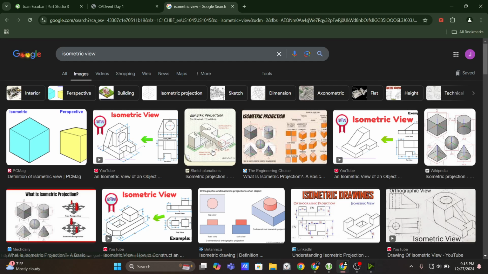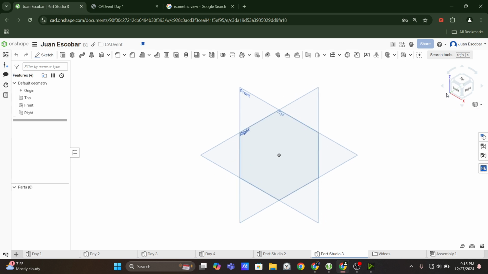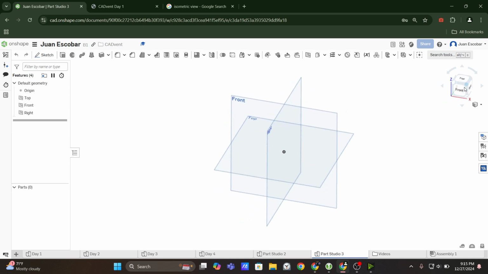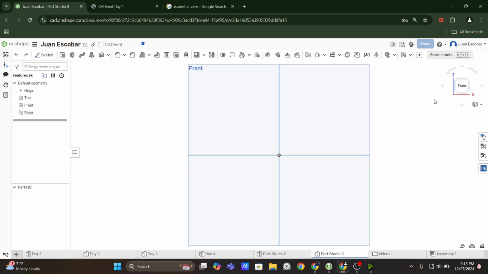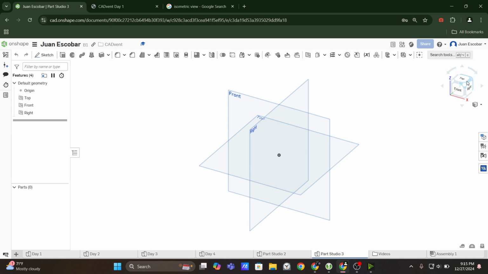It's a combination of the front, top, and side view, but basically you can go here and click isometric, but it's pretty similar to this intersection, this top corner between the top, front, and right. So remember the orientation cube: we can click on faces to orient relative to those, and we can also click on corners. So if we click on this top corner between the top, front, and right, that's going to be